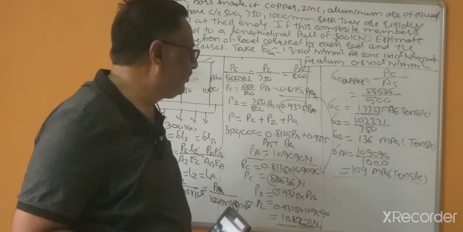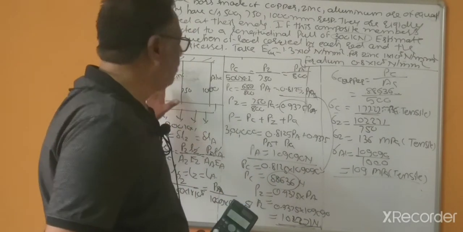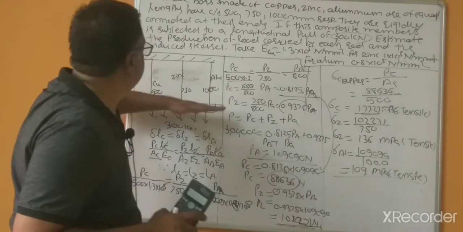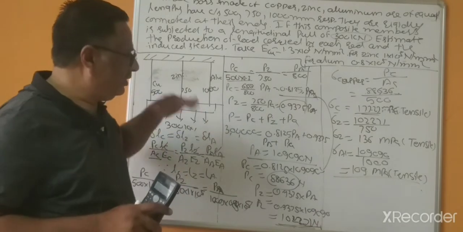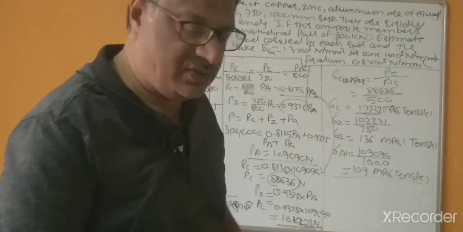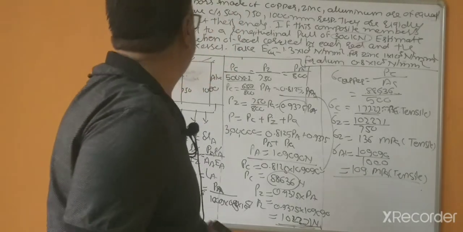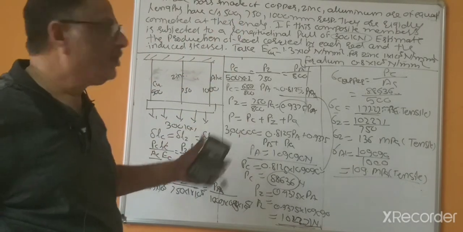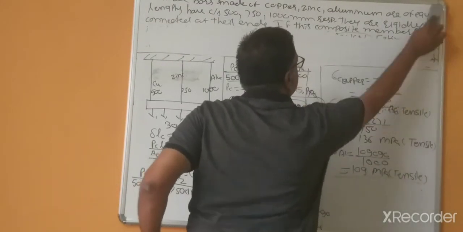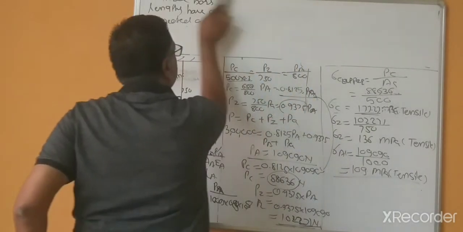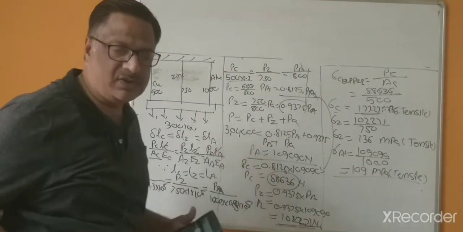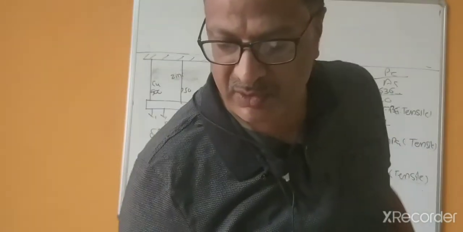So this is for the problem with three different wires, when the load is hung equally spaced: what stresses are induced and how much load is shared by each wire. Now for two different materials, if the distance between the two materials is different, meaning the load which is hung is off-centre, what happens in that case, we will see in that problem.